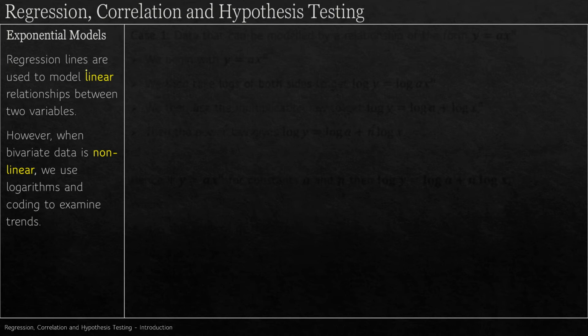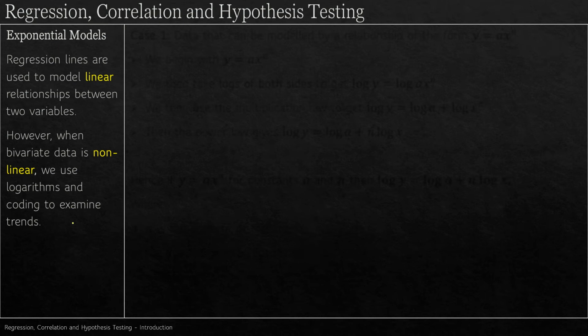So when we've got two different types of data and we put them on a scatter graph and try to draw a line of best fit, if we can draw a good line, then there's a linear relationship between the two variables. So linear meaning a straight line relationship. So not curved, it has to be a straight line. However, when bivariate data is not linear, so the relationship could be curved, we use logarithms and coding to look